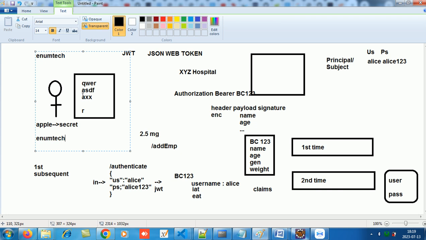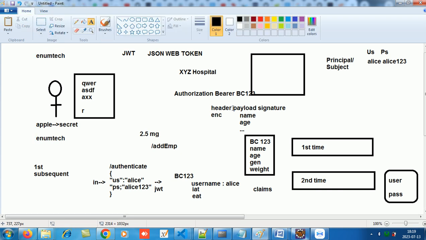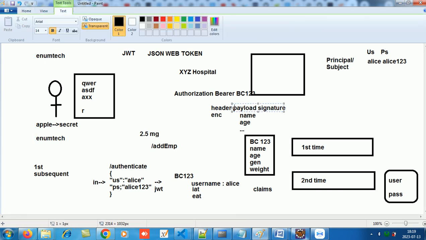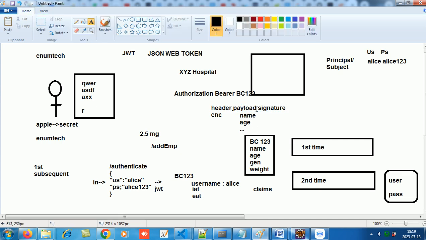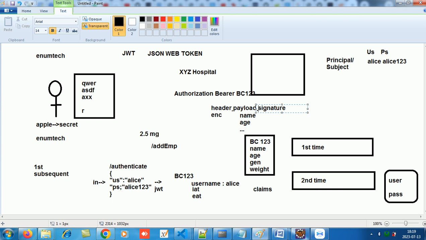So a token has three parts, separated by a period, a dot. When you see the token, it will have two dots. From the start till the first dot is the header, till the second dot is the payload, and after that is the signature. So that JWT token is signed. You cannot make any changes in it. If you do even a small change,